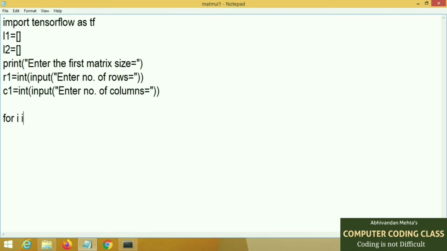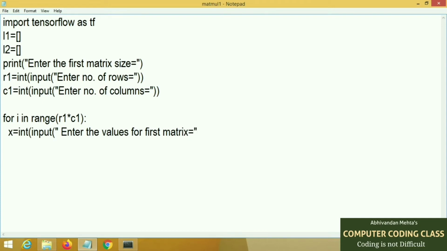Now we will insert values in the first list. In this way we will create the second matrix.